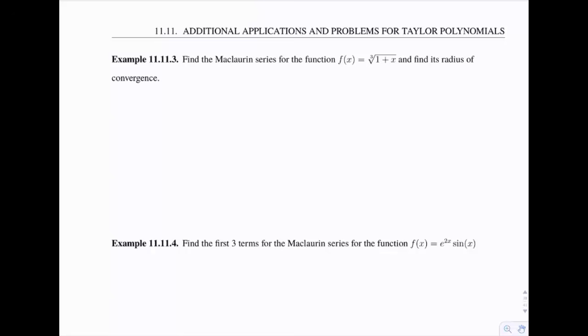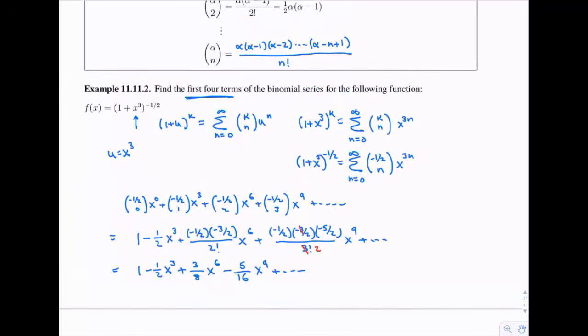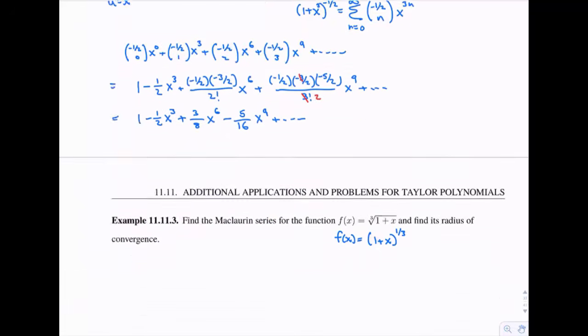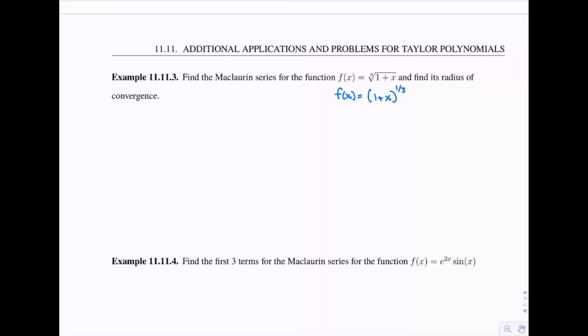Okay, find a Maclaurin series for the function cube root of 1 plus x and find its radius of convergence. So this one we need to identify, hey, cube root is the same thing as raised to the 1/3 power. So this is really a binomial series expansion, just kind of in disguise. So we know that according to our theorem, if you want 1 plus x raised to any old k, this is going to be a sum from n equals 0 to infinity of k choose n. Well, in our case, our k is 1/3, times x to the n. This is, of course, by our theorem